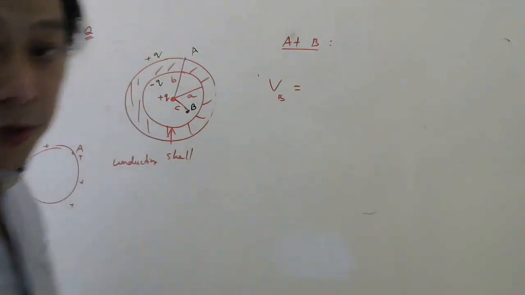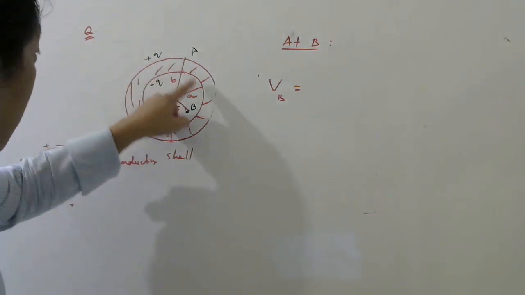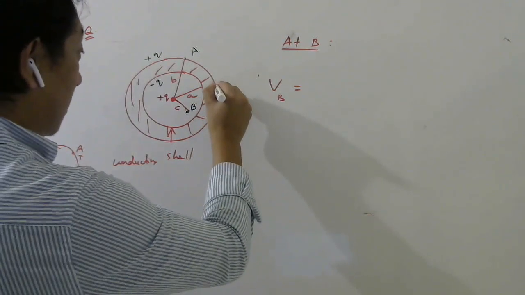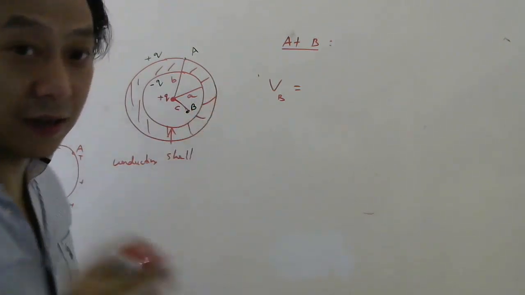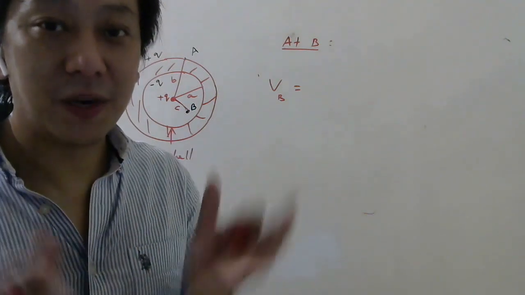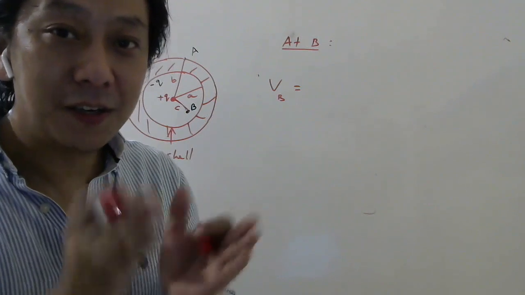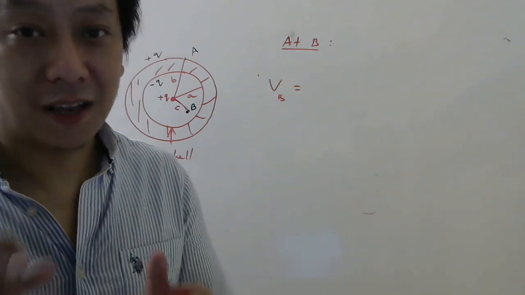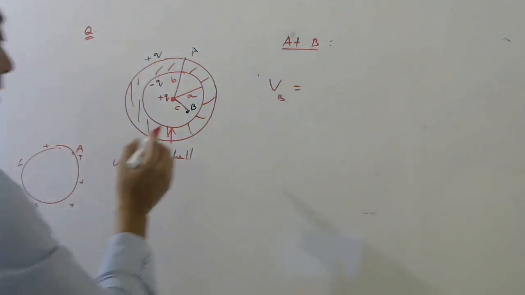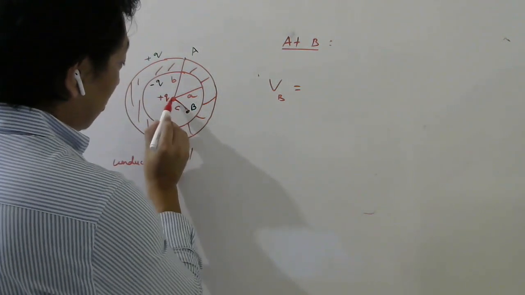Then who will produce potential at B? This charge, this shell of charge, and this shell of charge, right? Separately, if I see. And who allows that? That is allowed by the superposition principle. Whenever you want potential due to multiple charges, you have to find it due to each charge, and then you can use algebraic addition. Okay, so look here, potential at B due to this charge.